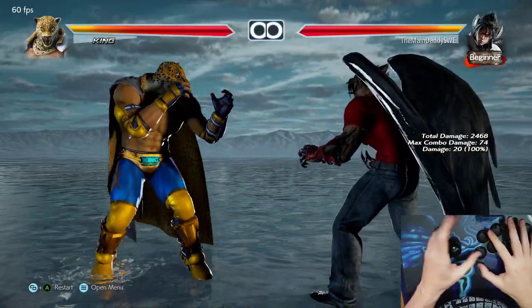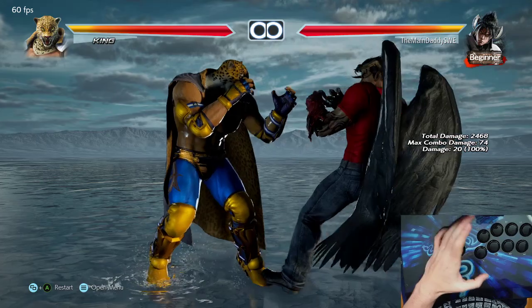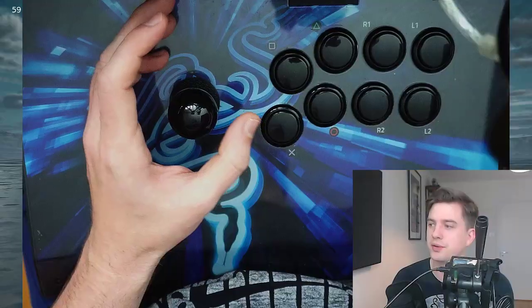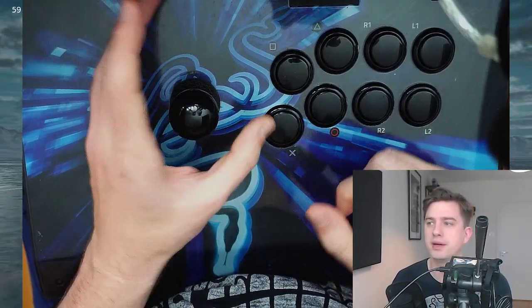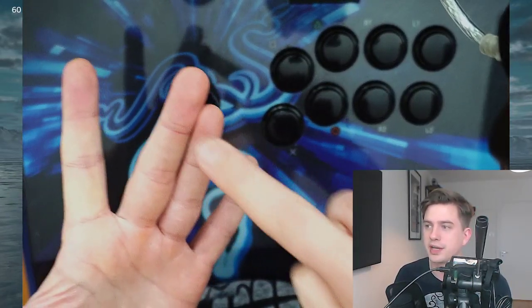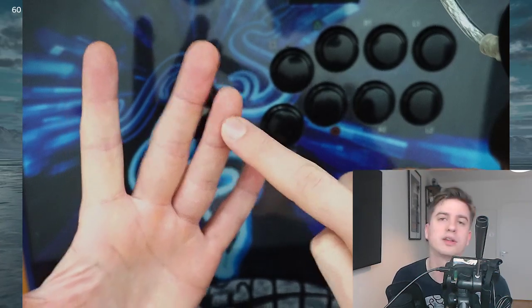But so how do I hold the stick when I do a crouch dash? I basically, on player 2, tap with my thumb and then let go. And then with these two fingers here, middle finger and...